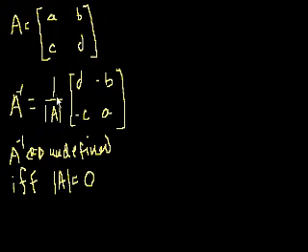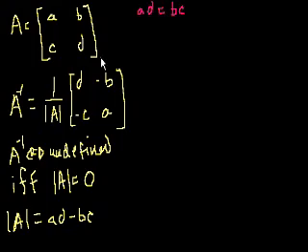So what is a zero determinant? Well, in this case, what's the determinant of this 2 by 2? The determinant of A is equal to AD minus BC. So this matrix is singular, or it has no inverse, if this expression is equal to 0. So let me write that over here. So if AD